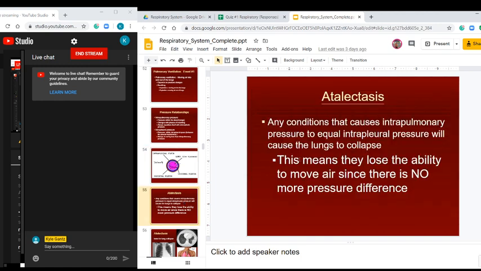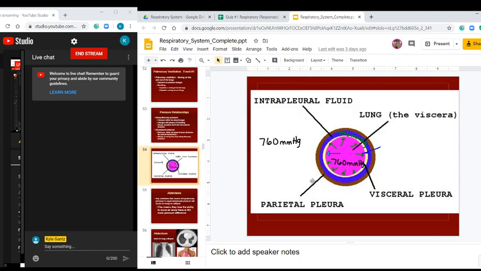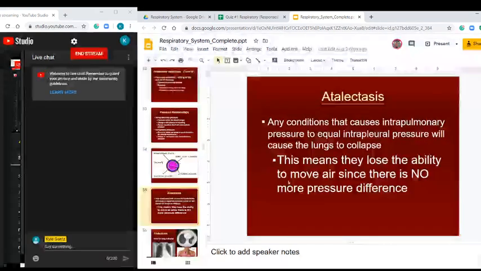So this means that they lose the ability to move air since there is no more pressure difference. Those lungs cannot expand and then fill up, and so you can't bring air in. And if they're collapsed down, if you can't bring it in, you're not going to be able to get it out, right? Because there's really not going to be that exchange. Okay, so any condition that causes that intrapulmonary